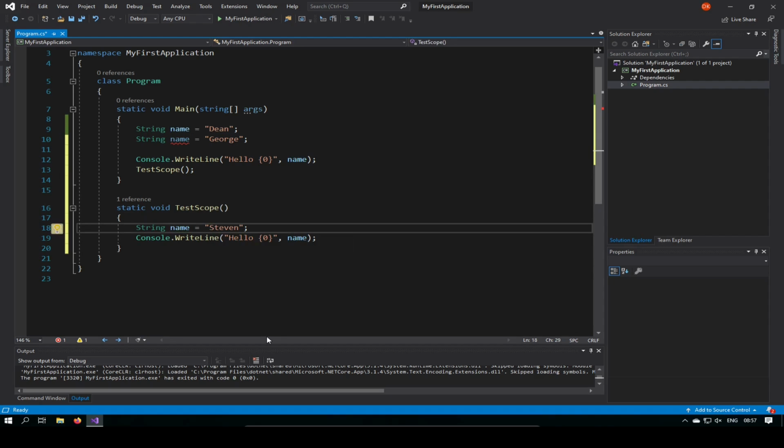And that's completely legal, because it's in a different scope. Scopes are important in all programming languages and an important concept to understand. So the only way that I can have a second name here of George is to change the variable name. So we can say